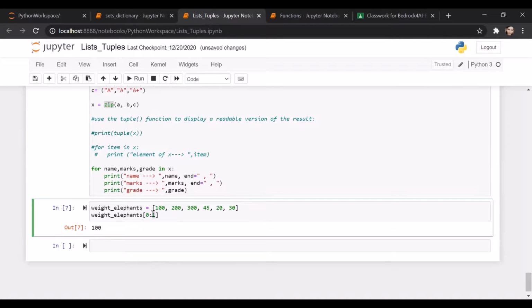But now since I've used a start and stop, the expectation is I'm reading a portion of the list. So it's going to give me a smaller list. So the output is not just this element 100, but it's a list with a single element. Did you see this? Yes, ma'am. Okay, but it's still the same element. So now if I provide the stop as 2, it will go from 0 to 1. So it will pick the element at index 0 and index 1. And if I wanted to read it in the reverse order, let's try step size 2. What will be the output of 0 to 4?